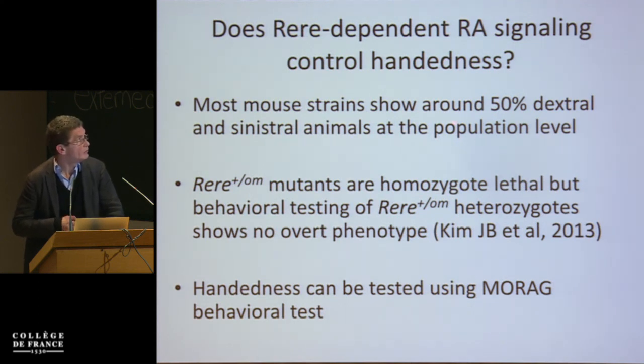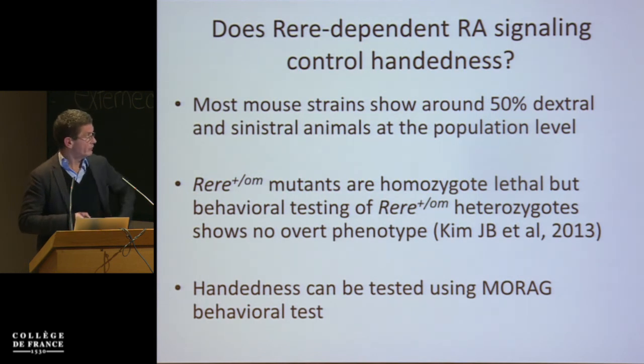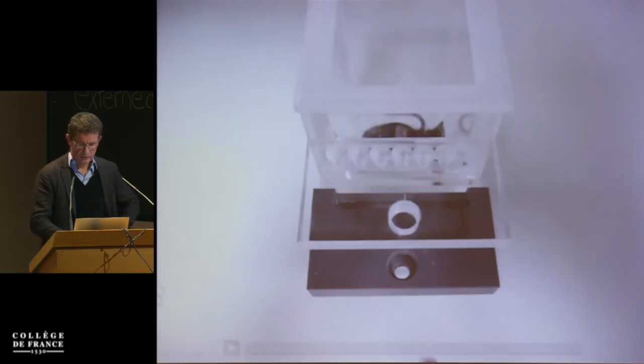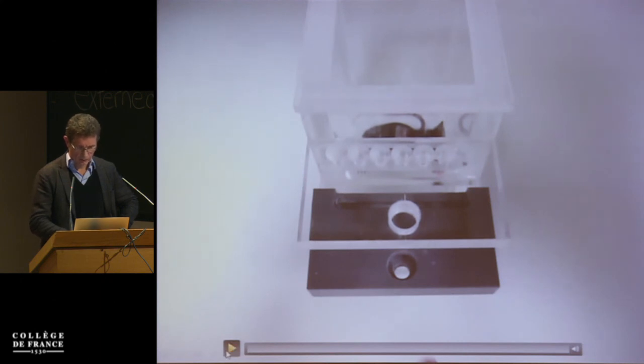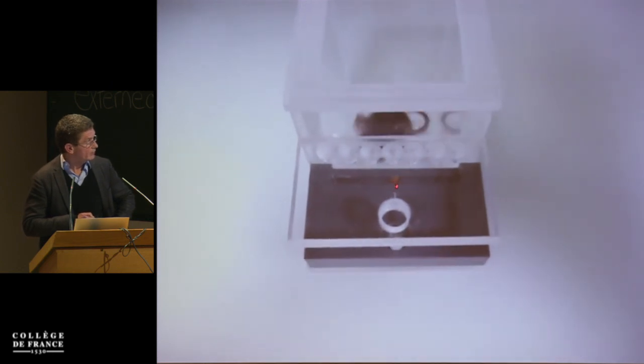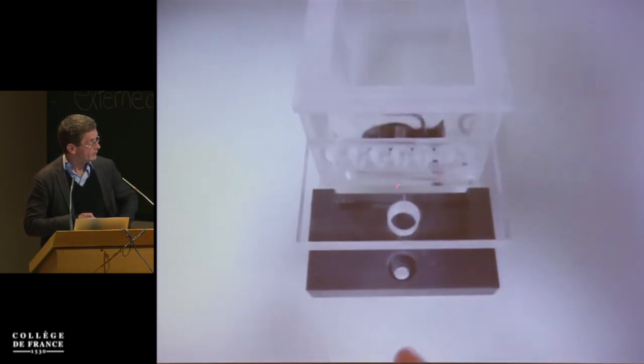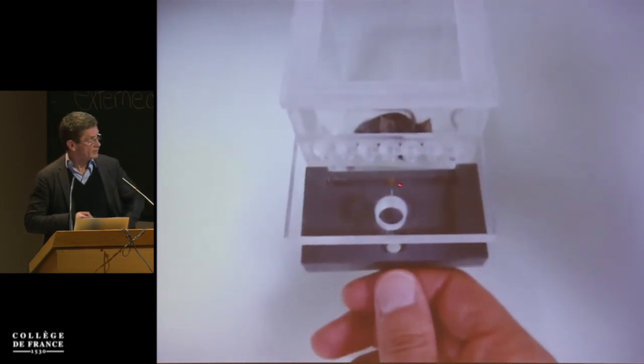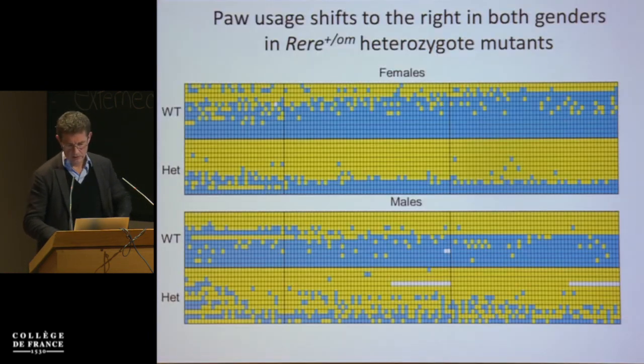And so it's known that most of the mouse strains show about 50% dextral mice and 50% sinistral at the population level. And so we thought that we should look at the handedness of the embryos that are mutant for Re. And this can be done using a test which is called the MORAG, where you essentially give a pellet of food to a mouse, and you watch. This is a right-handed mouse. And so you do this many times for several days, and then you come up with this sort of graphs,